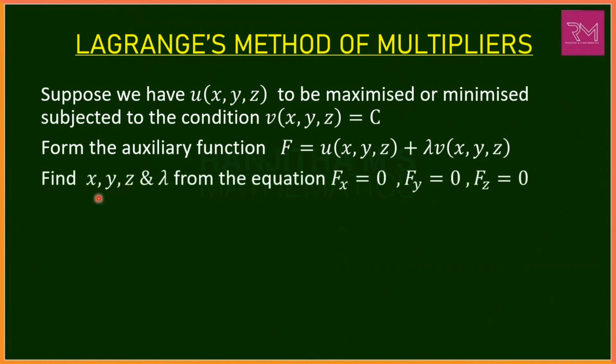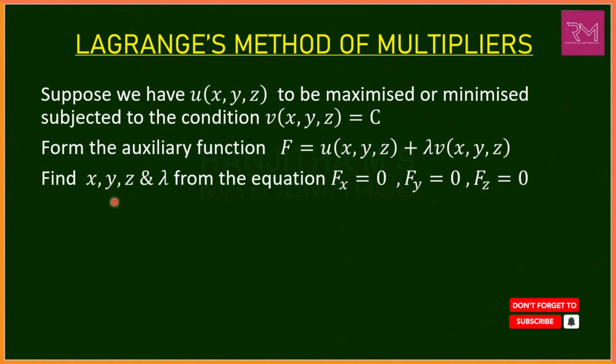First we have to form the auxiliary function. Using this auxiliary function, we have to find the values of x, y, z and lambda from the equations fx equal to 0, fy equal to 0, fz equal to 0. Here fx is the partial derivative of f with respect to x. Fy is the partial derivative of f with respect to y. Fz is the partial derivative of the auxiliary function with respect to z. We have to equate fx, fy, fz to 0 and find the x, y, z and lambda